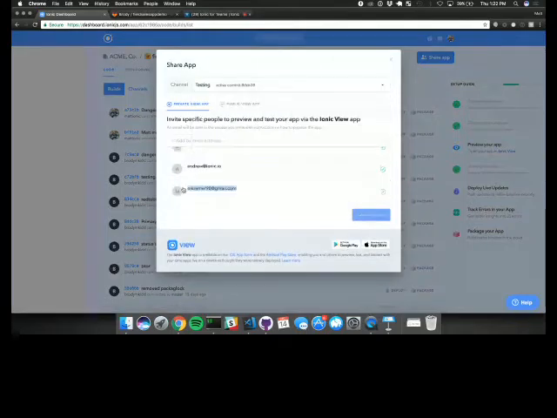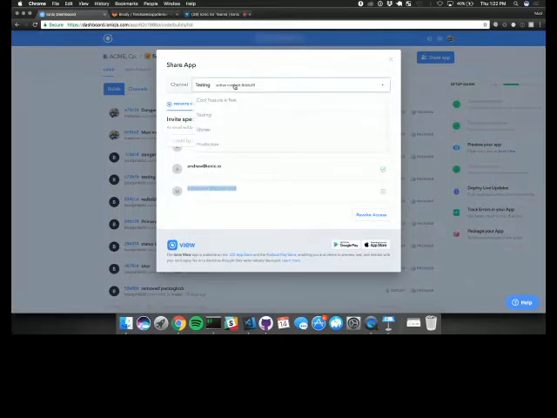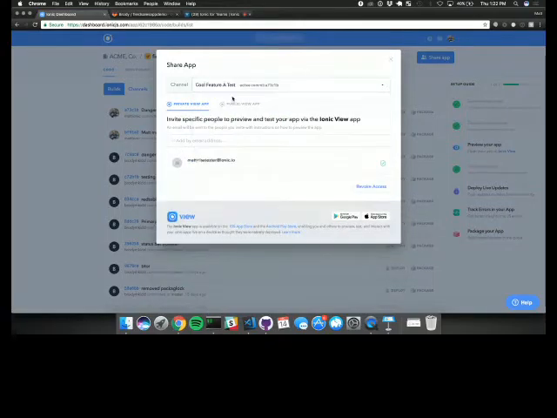That tester account was actually shared. Brody shared with that account right here and gave me access to the testing channel. So Brody's over working on the testing channel with my personal Gmail, and my personal Gmail sees what he wants me to see. And I'm working with my Ionic account where I see cool feature A. So you can send different users different things from different developers that have pushed up all this code, and overall give you the ability to work how you want and share the different versions of your app how you want.